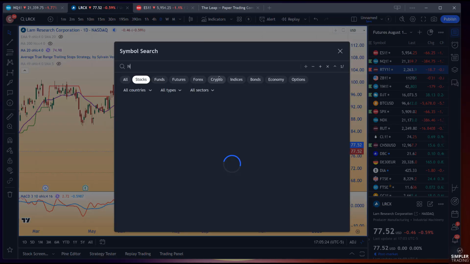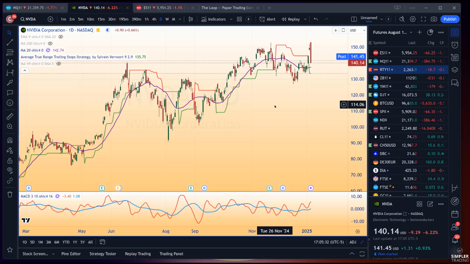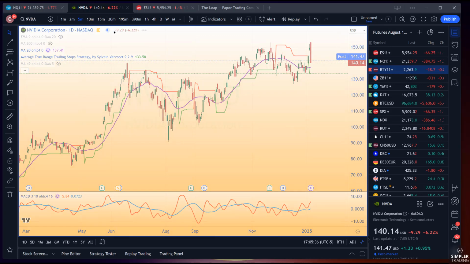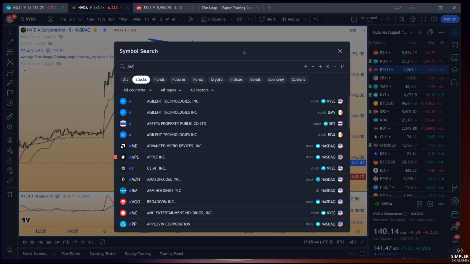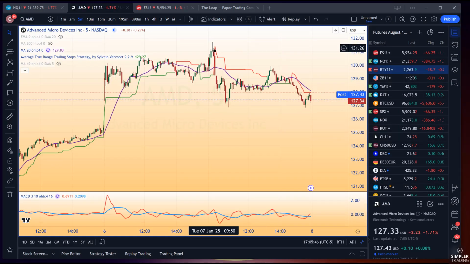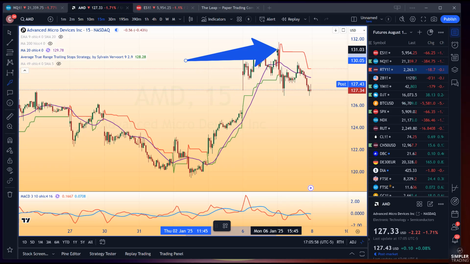Well, the problem is the stock that was pulling it all up was a big old chip stock, Nvidia. Nvidia had a keynote speaker today at the Consumer Electronics Show. We were talking about buying on rumor, selling on news. So you didn't have to play this wild stock, but once it reversed right here, that was open season that AMD and LRCX were probably going to go down, not up. So go and check out a 15-minute chart of these. So you had the rally to resistance, and then you had the trigger led by Nvidia.